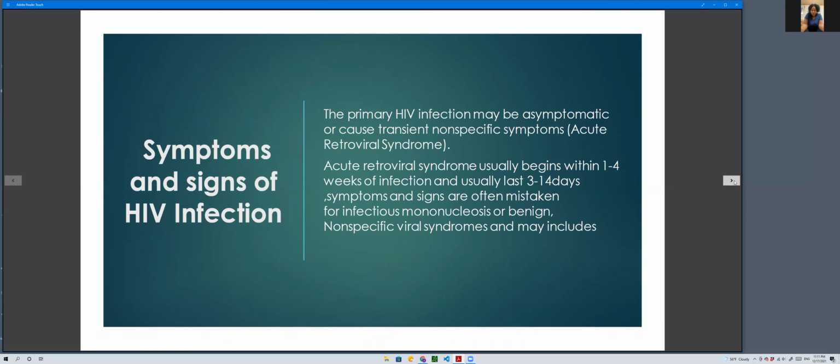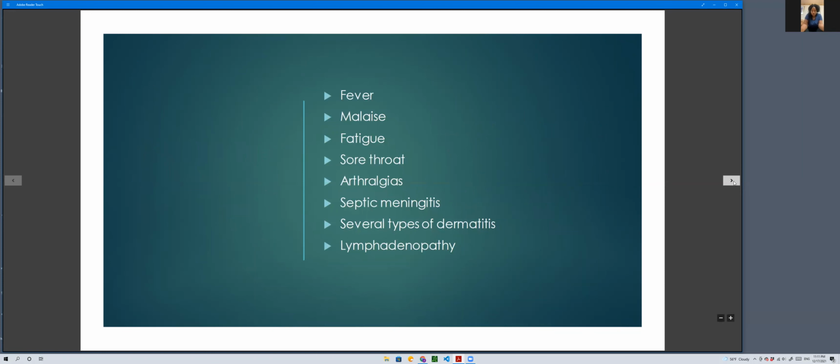The primary HIV infections may be asymptomatic or cause transient non-specific symptoms. Acute retroviral syndrome usually begins within 1 to 4 weeks of infection and usually lasts 3 to 14 days. Symptoms and signs are often mistaken for infectious mononucleosis or benign non-specific viral syndromes and may include fever, malaise, fatigue, sore throat, arthralgias, aseptic meningitis, several types of dermatitis, lymphadenopathy,